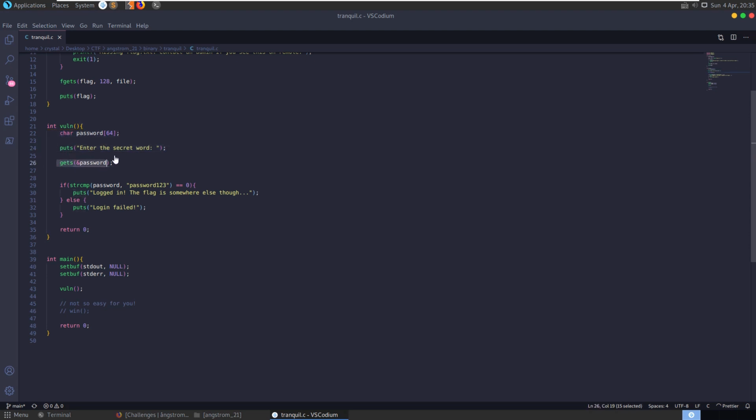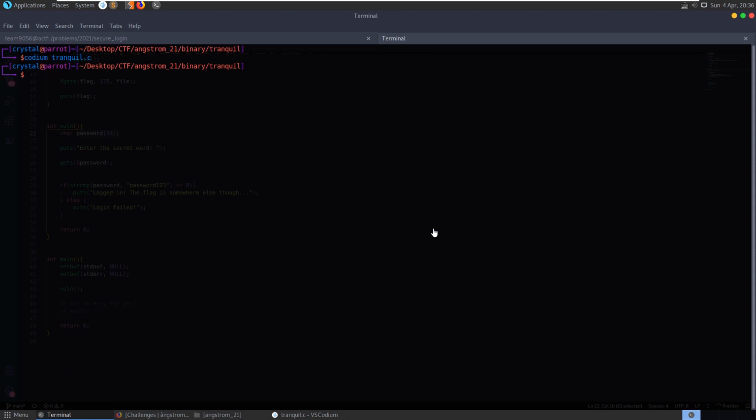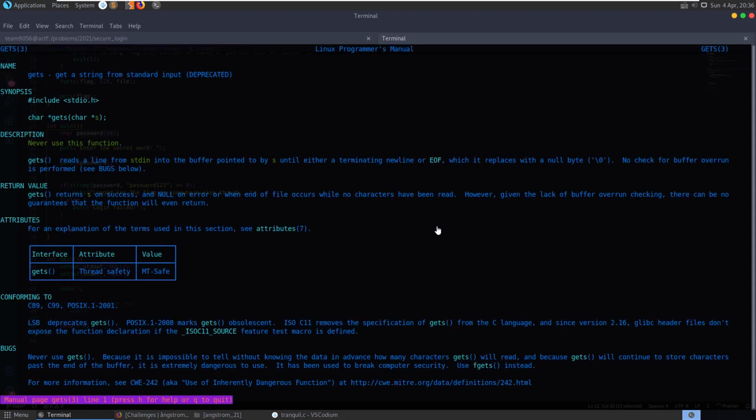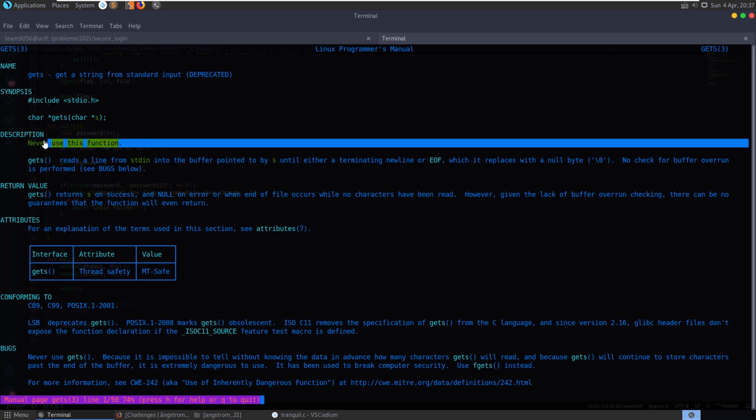But notice that it uses the insecure gets call, so rather than using fgets, which allows you to specify how many bytes you'd like to read in, this is just going to allow us to define how many bytes we want to write. So if we were to go and have a look at the manual for gets, we'd see that it says right here, never use this function,